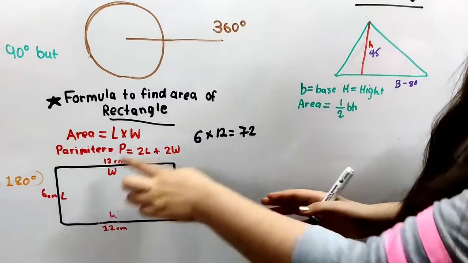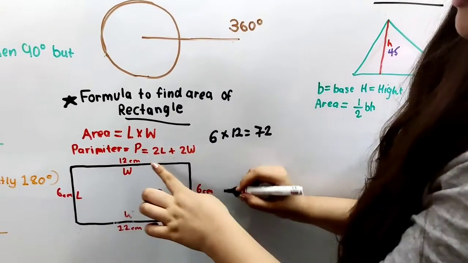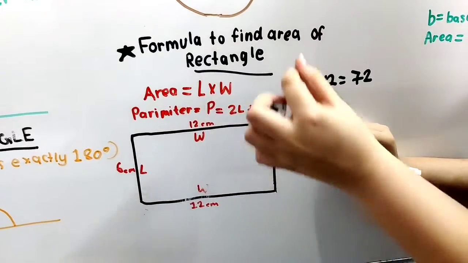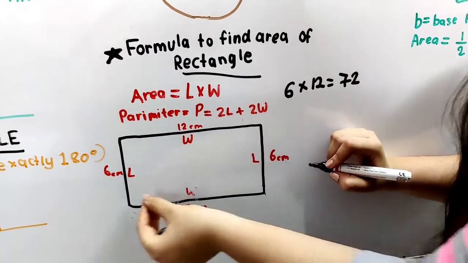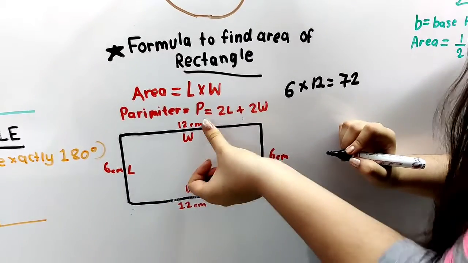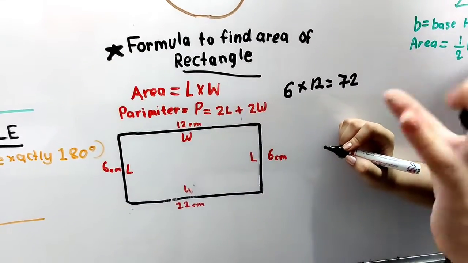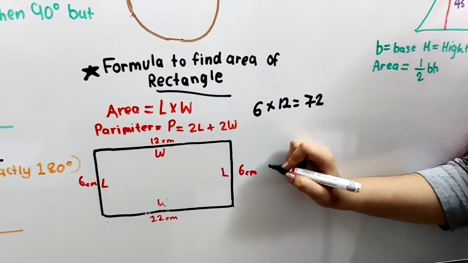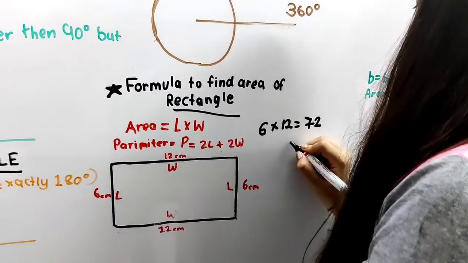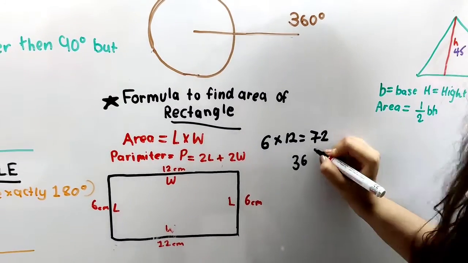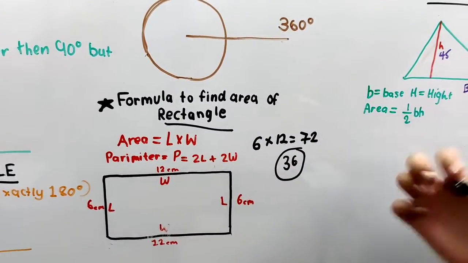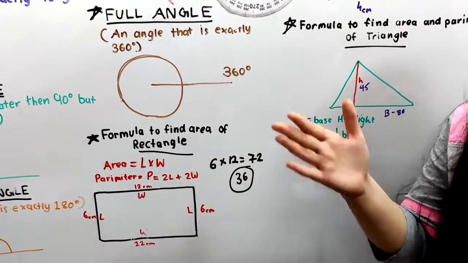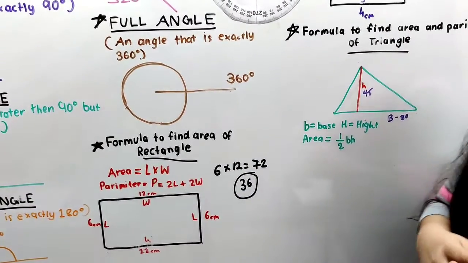Now let's find the perimeter of the rectangle. How do we find this? We basically add all the sides. Here I have shown 2L because we have 2 lengths over here and 2 widths over here, but to understand, you can simply add all the sides. When you add all the sides you will get 36. So the perimeter will be 36. Now, you are clear with the rectangle. You can do it in a box if you want to try it at home to understand.